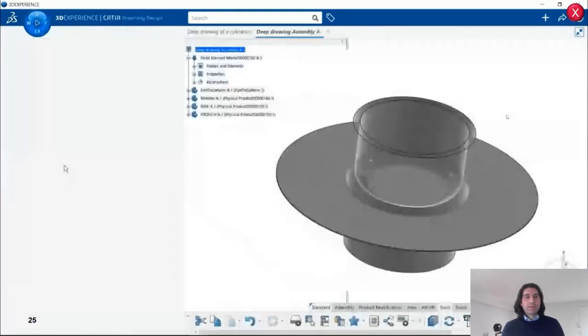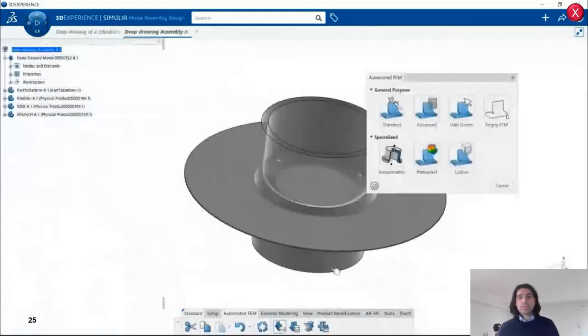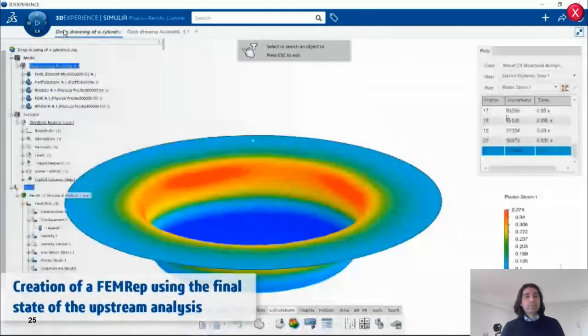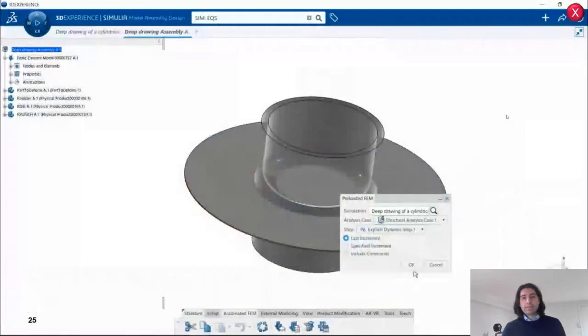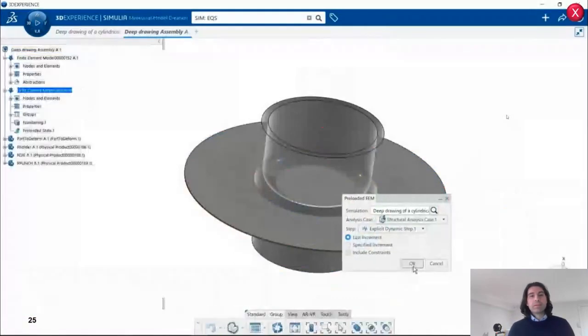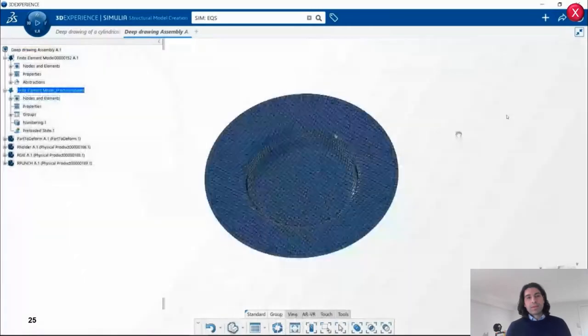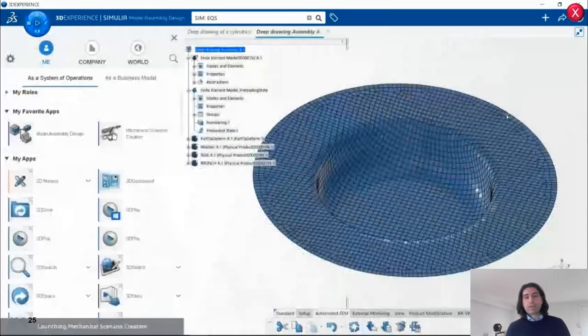So again, we go back to the simulation, the Model Assembly Design app. We use the preload option in the automated FEM tool. Again, we're going to be able to select the analysis, the last increment that is going to be imported as a mesh. And we'll be able to create a new analysis, a new mechanical scenario.